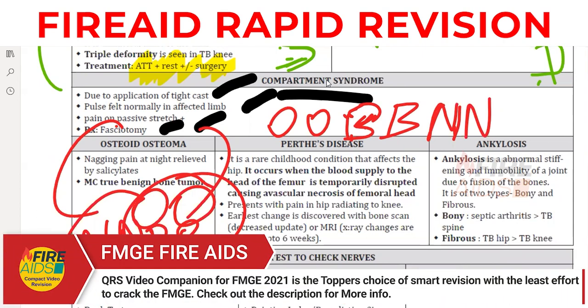Next is Perthes disease. Perthes disease is because of the sudden cutoff of the blood supply to the head of the femur. This is a temporary problem. It causes avascular necrosis of the femur head. So Perthes disease, you have to remember